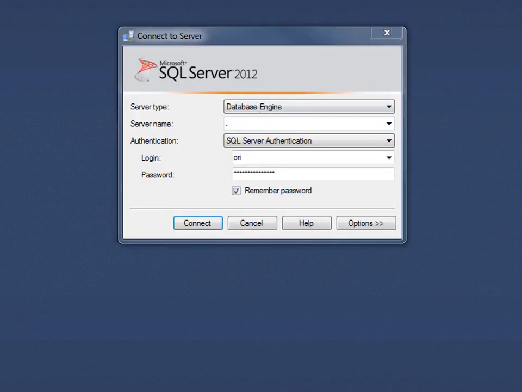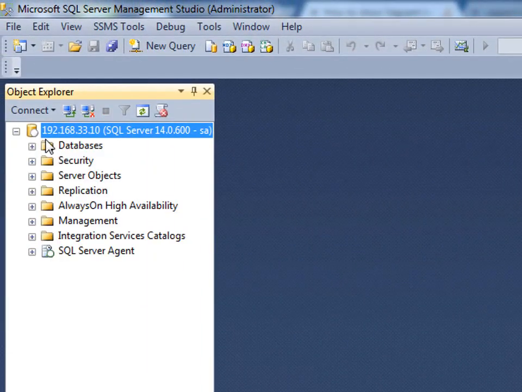The server name is the IP of the server as defined in the Vagrantfile. Use SQL Server Authentication. User is SA and password vnext@2017.